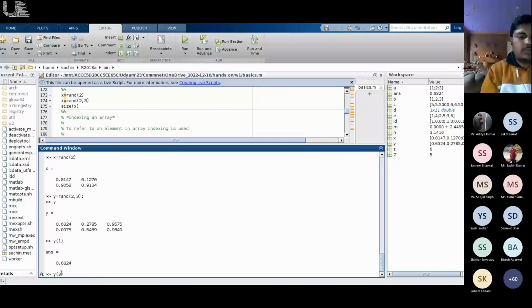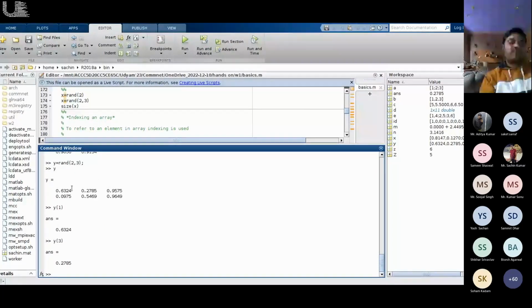हाँ नहीं, तो यहाँ पे क्या होता है ना, यहाँ पे इफ वी आर गिविंग ओनली वन, पहले प्रिंट कर लेते हैं, देखो 0.2785 आया, so it will be counting from first in the first column 1 2 3 4. Okay, that is 0.6324 is the first, 0.0975 is the second, and then again from the second column 0.2785, 0.5469. If we are having many other rows, then it will be continuing. Okay, किसी को समझ में आया ये वैसे क्या? हाँ भैया आ गया. ये कॉलम वाइज इंडेक्सिंग कर रहा है, पहले पहला कॉलम में, फिर सेकंड कॉलम में, फिर थर्ड कॉलम में. अगर हम लोग इफ यू आर मेंशनिंग both dimension, it is 523 0.9649, it is obvious second row third column. Okay,